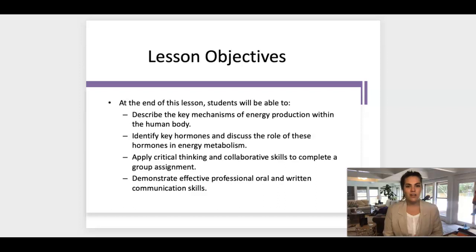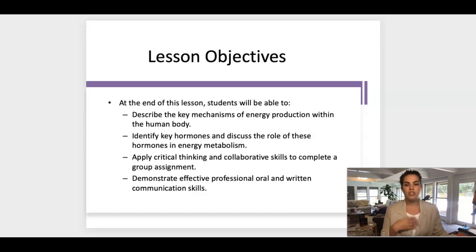Today we are going to focus on reviewing some of the key mechanisms that we talked about in Applied Nutrition in Diet 200. We're going to revisit some of those metabolic processes that you learned, because sometimes whenever you leave a class, you forget or don't keep those learned topics with you. And it's very important that you have a good foundation of those concepts from Diet 200 to carry into Diet 411, because we're going to get a little bit deeper into those metabolic processes, especially how we metabolize macronutrients